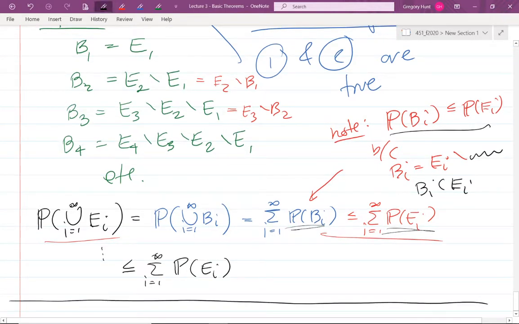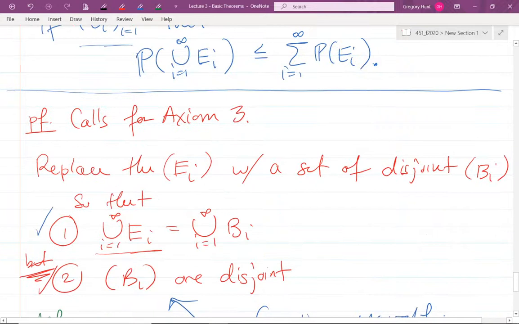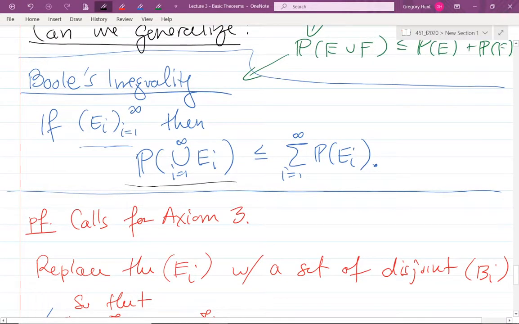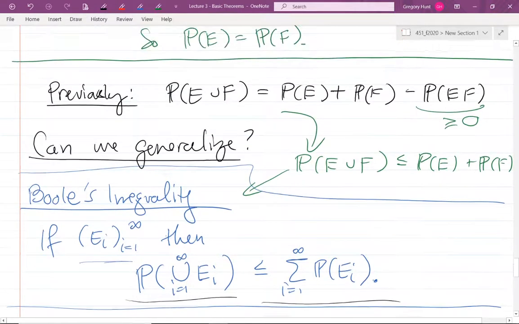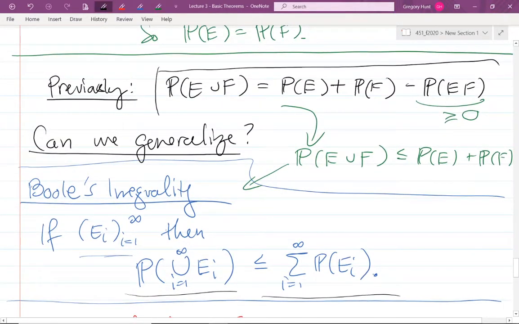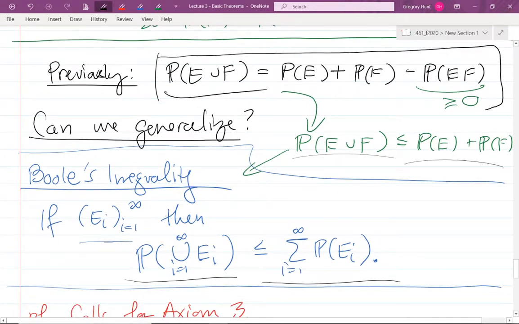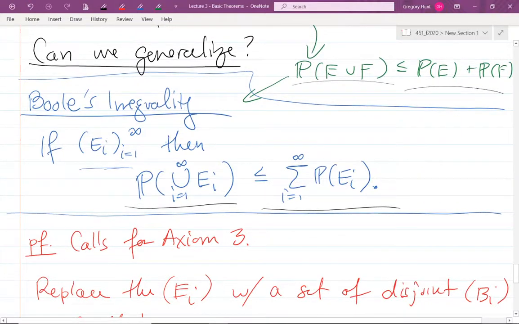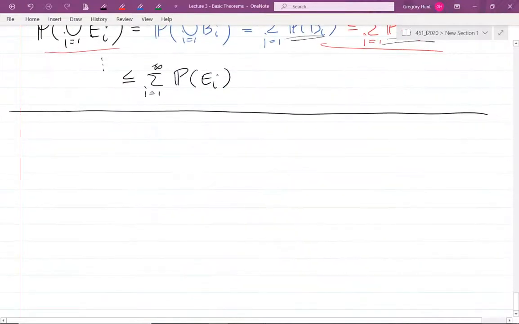And that's called Boole's inequality, which says that for any collection, the probability of the union is less than or equal to the sum of the probabilities of those individual events. So this is nice. It combines axiom 3 and our less than or equal to theorem, our subset theorem, in a nice little way. And it's a generalization in some ways of this larger rule here. It says that the probability of the union is less than or equal to the sum of the probabilities. Of course, we know from axiom 3, if things are disjoint, they're equal. Okay. Cool. So that's a nice little result called Boole's inequality.